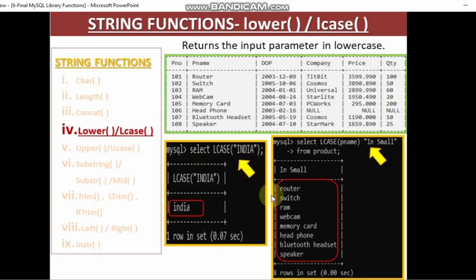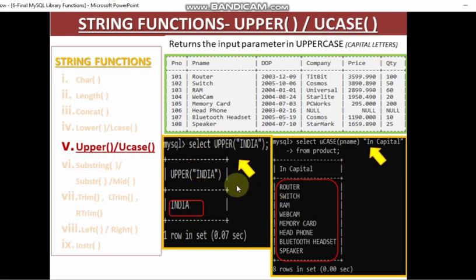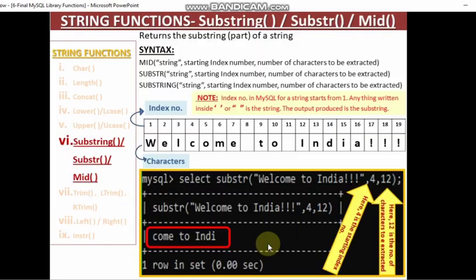So like that. So let's move on. And then upper, similarly uppercase will convert it into uppercase letters. Since India is already given in uppercase, so it is given India in uppercase only. But here see P name, if you are using this U case, it is giving everything in capital letters, all this P name, right? So this is about upper or U case.